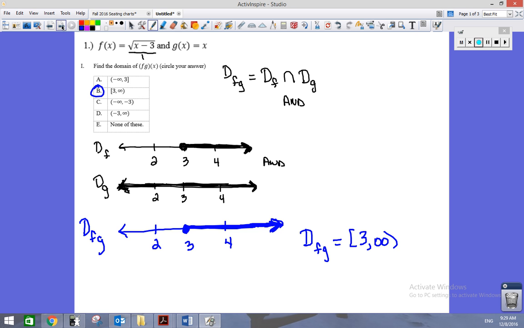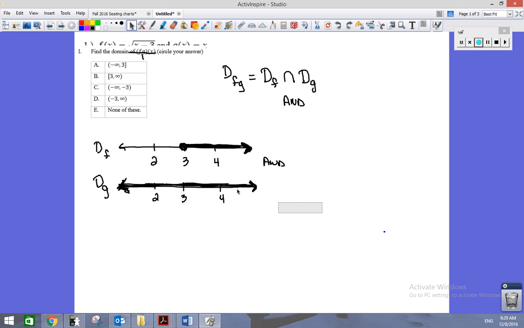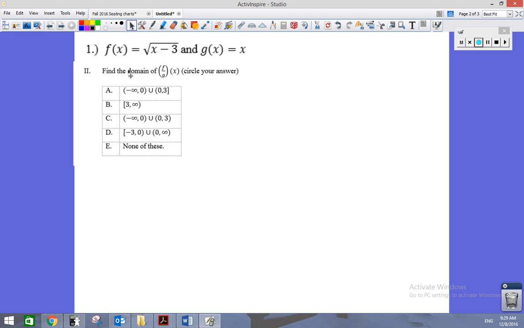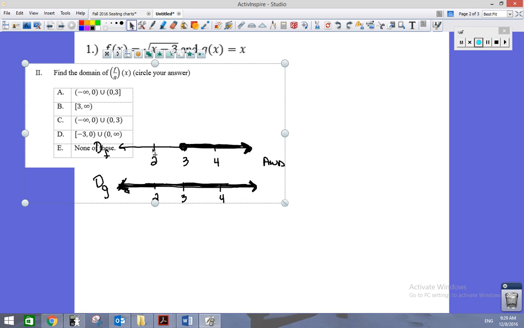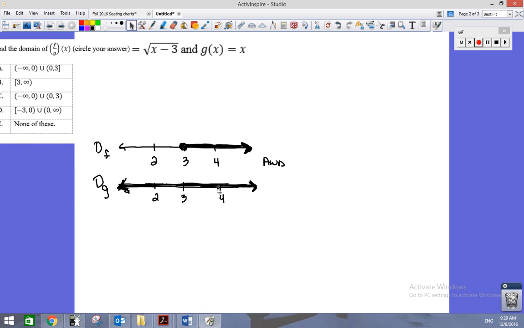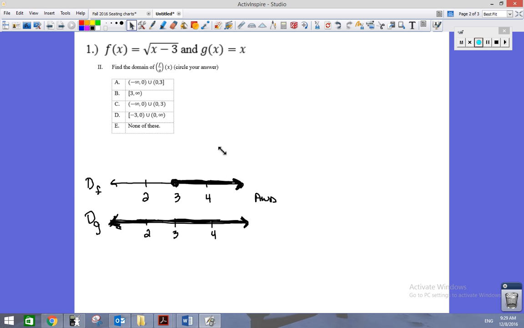All right, so now we're going to use our work in the next part. Okay, so let's carry our picture that we found for the domain of f and the domain of g onto the next part of this problem. So in part Roman numeral 2, we are finding the domain of a new function, f divided by g. So like I say, we're going to use the domain of f and intersect it with the domain of g,